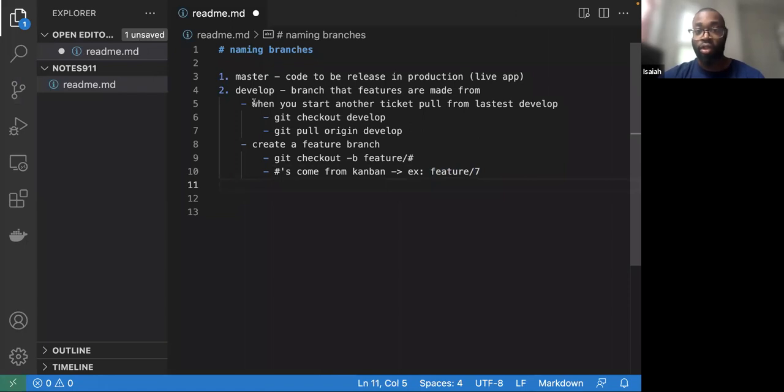So we started off by switching to develop and pulling the latest code. Then we create a feature branch in this naming convention. And then after we create the feature branch and we're done, obviously someone tests it and they can either switch to your branch